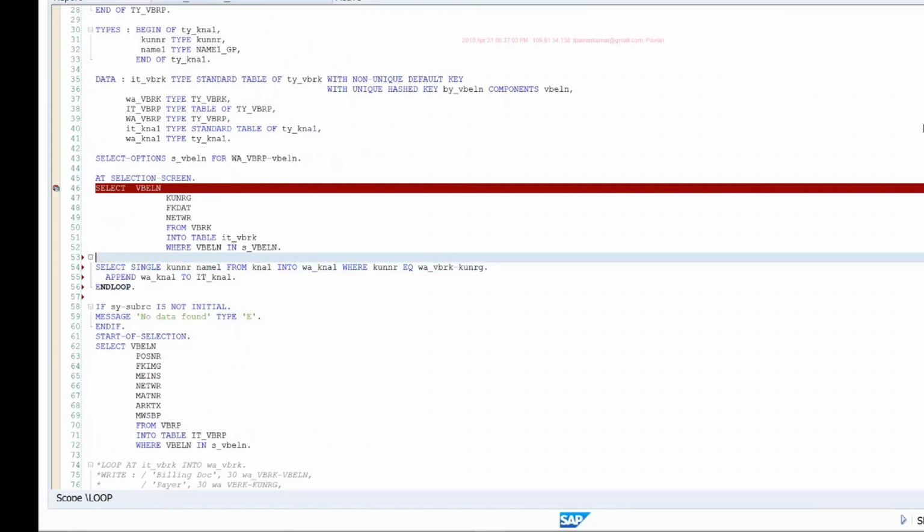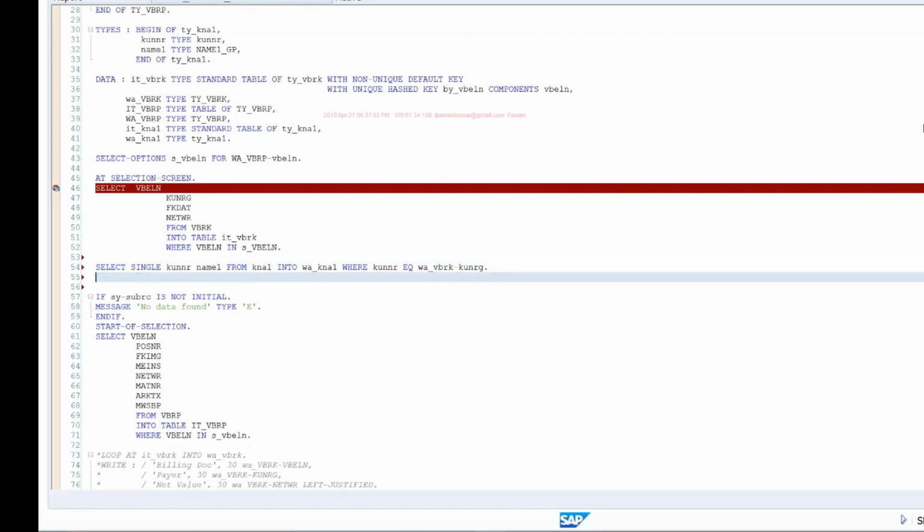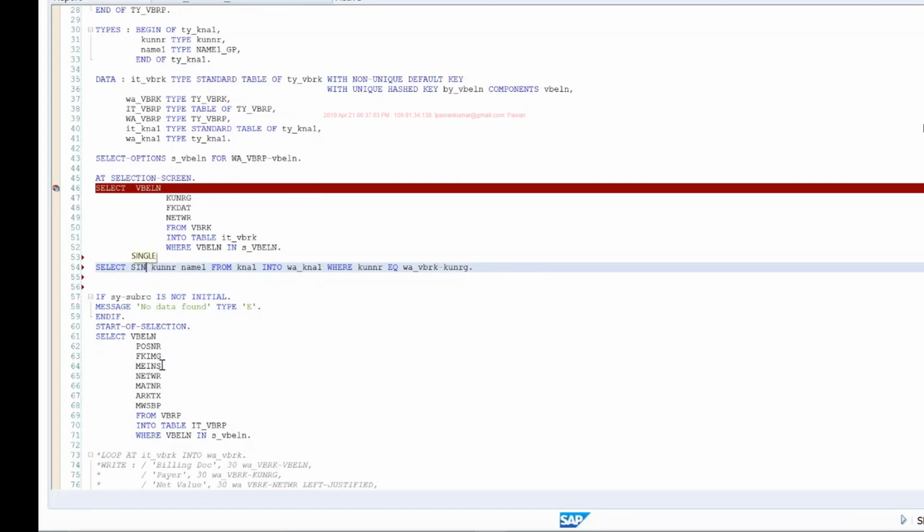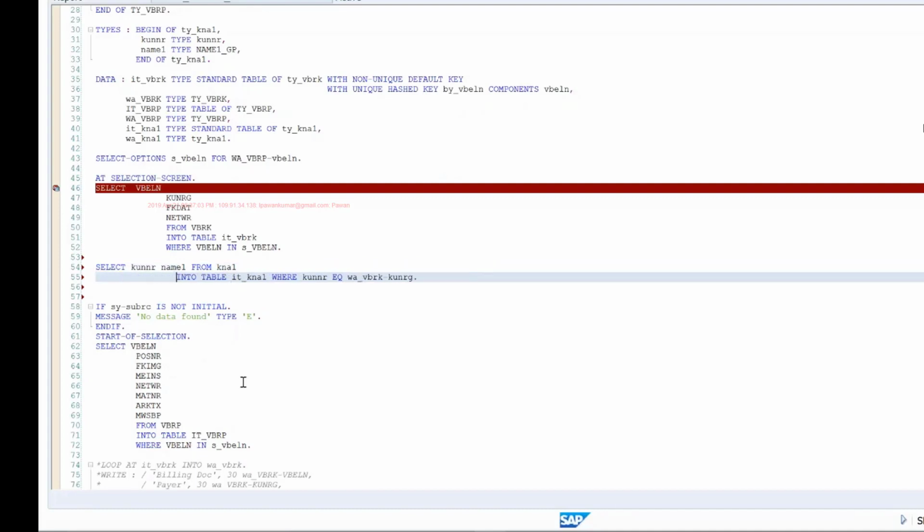But how do I directly tell the system that, okay, I have the data in the internal table, please scan this column, and for all the entries that you find in that column, get me data from another table? How do we tell it? To do that, there is an addition called FOR ALL ENTRIES. So I can say select these fields from KNA1 into table IT_KNA1. I'll format this select better so that it's more easily readable for you.